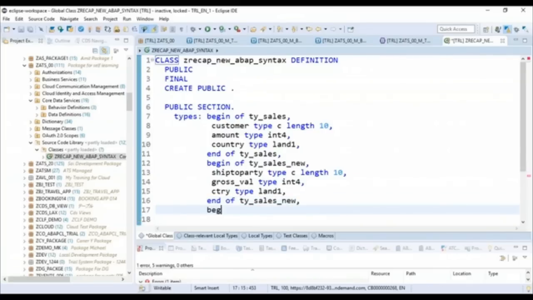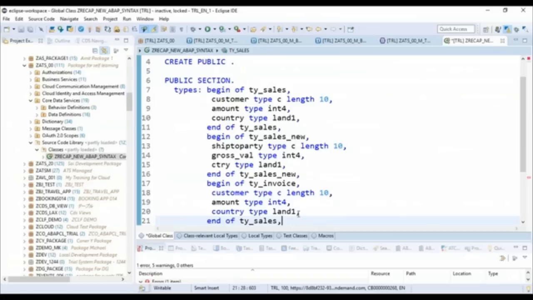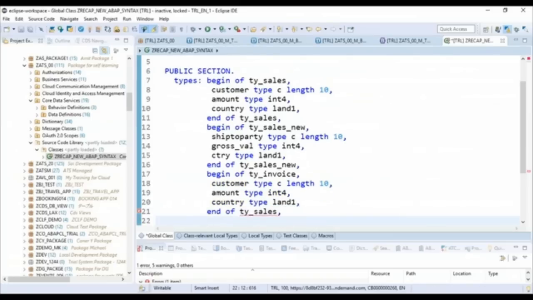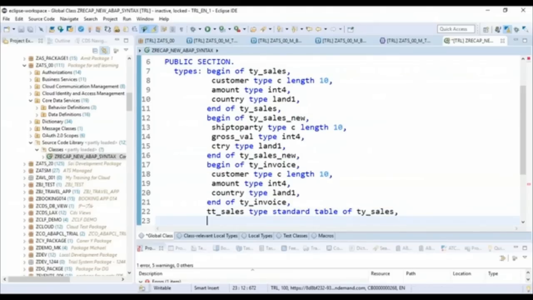We'll go a little faster, as you all know core ABAP, so I will not spend much time on this. I will create ty_invoice, and this invoice will have the same structure as your sales data. Then we will create some table types. TT_sales, type standard table of ty_sales. Then I will create another one called TT_sales_new, type sorted table of